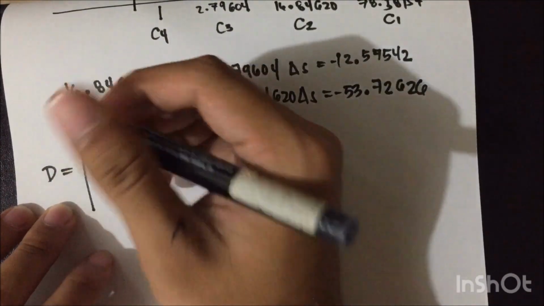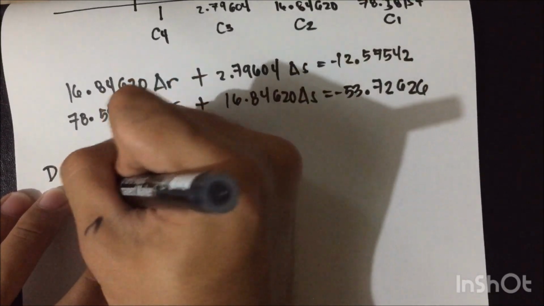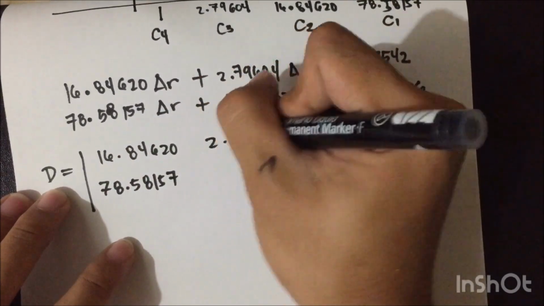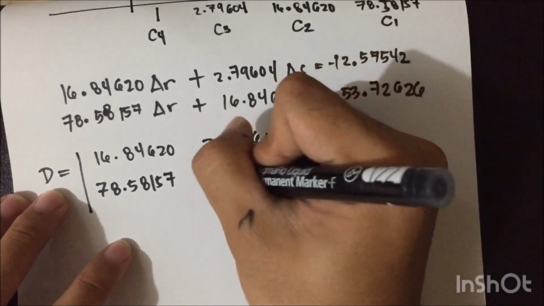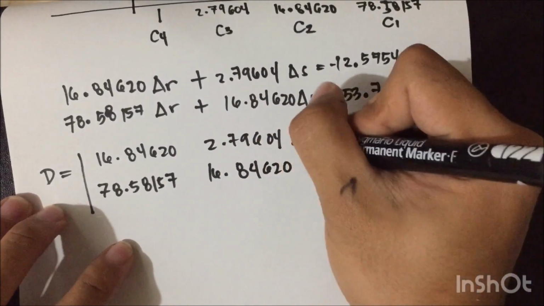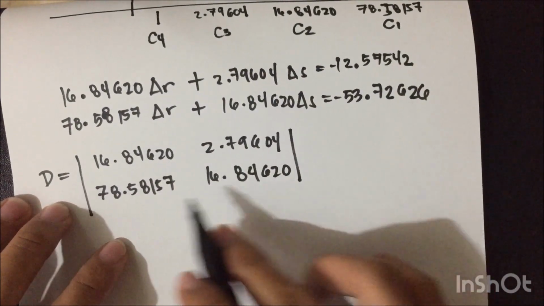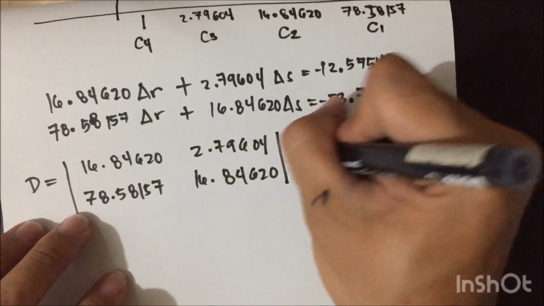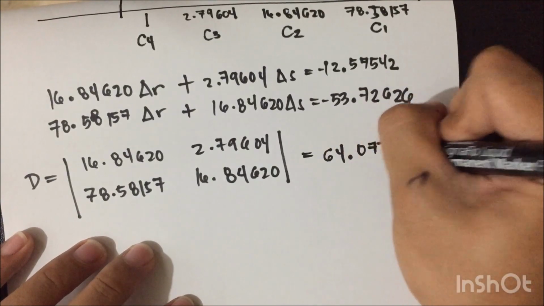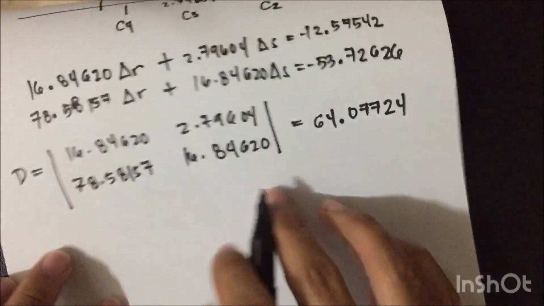So, ito. Gusto natin yung values 620, 78.58157, then positive 2.7904, 16.84620. So, pag times lang natin yung values downward minus upward. So, makakuha tayo ng value na ating determinant na 64.07724. So, pagkuha ng ating delta R, of course, substitute na natin constant dito,